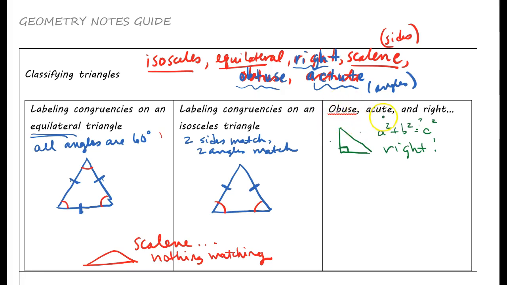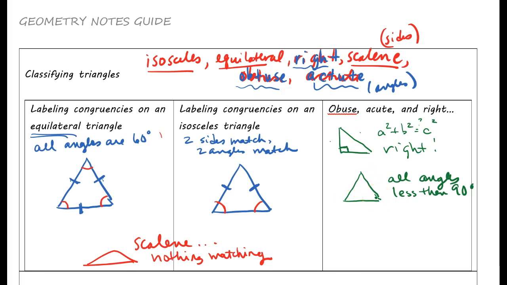Now, what about obtuse and acute? Well, most people learn acute when they're in elementary school, and an acute triangle just means that all of the angles are less than 90. All angles less than 90. So they are smaller than 90 degrees. And the way my teacher used to talk to us about it is, oh, look, it's a cute little angle. A cute little angle, a cute little angle. And so if you think cute little, then maybe that'll help you remember it, but they're all less than 90,